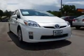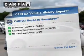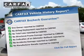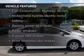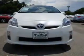Reach your destination effortlessly with GPS navigation. Brake safely with the anti-lock braking system. Rest easy knowing this vehicle comes with a Carfax Vehicle History Report from Carfax, the most trusted provider of vehicle information. Plus, enjoy these notable features that are included in this vehicle: keyless entry, leather seats, power door locks, power